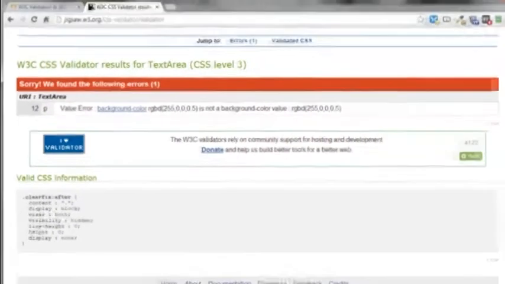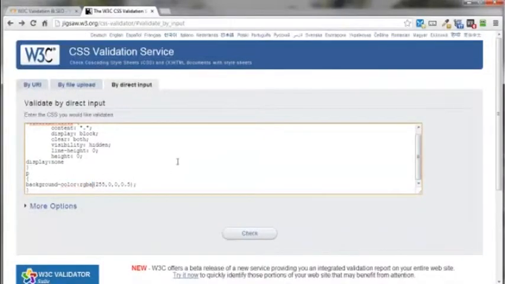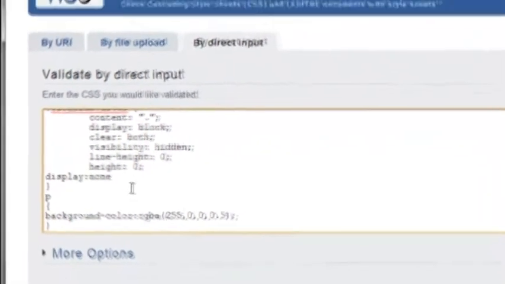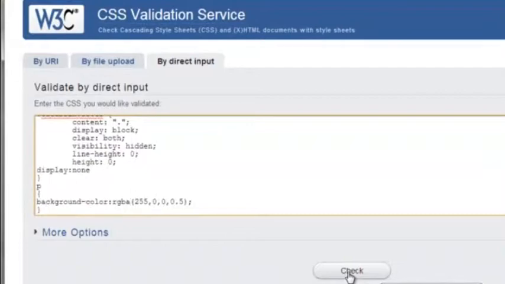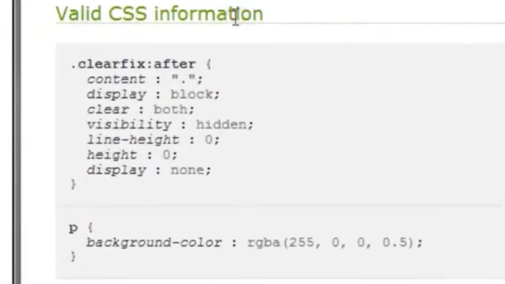So let's go ahead and enter the correct code. Change that to an A. And one thing I want to point out here is that right here, this is kind of incorrect as well. There should be a semicolon at the end of the word none, but there isn't. So let me show you what's going to happen with that. Click on check. We got our green bar, but we come on down here to the bottom where it provides